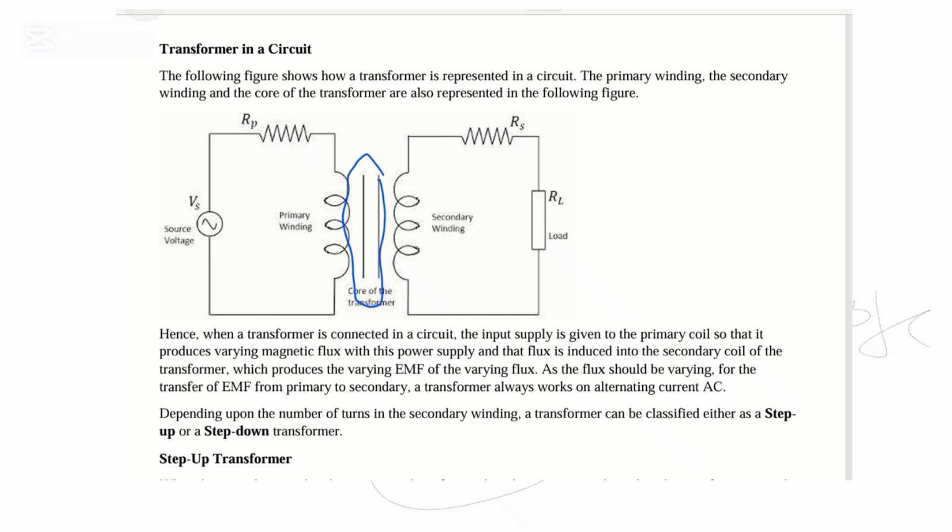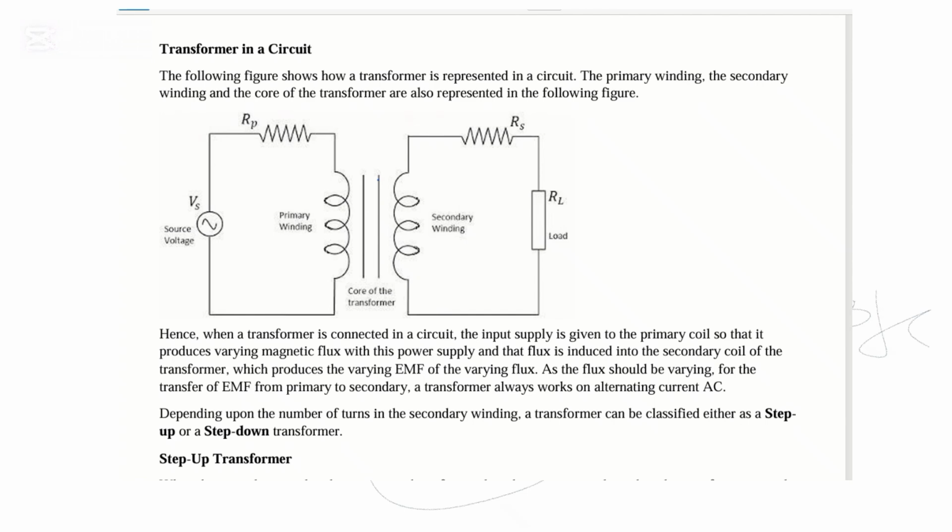These windings are wound on it. So now how does a transformer work? From there you can see the input voltage is connected to the primary, and the output voltage is collected from the secondary. Okay, hence